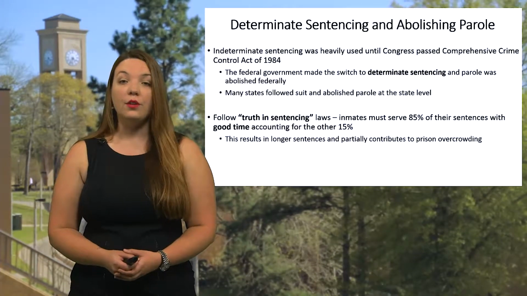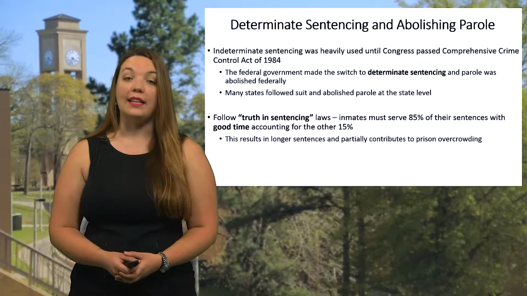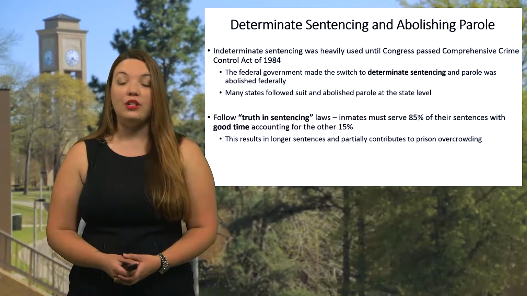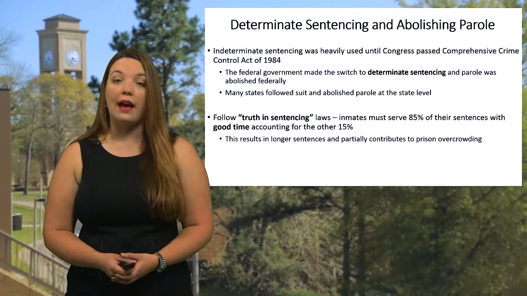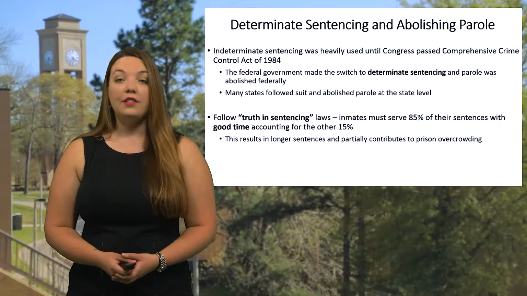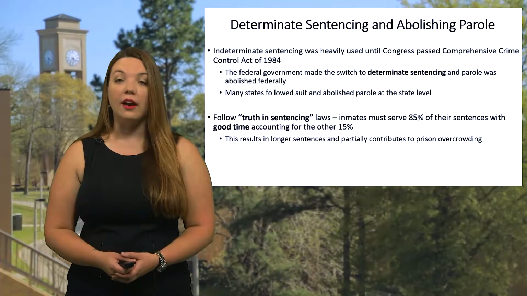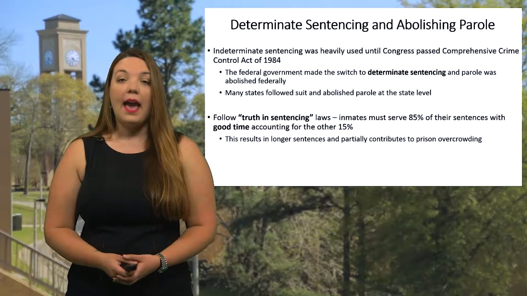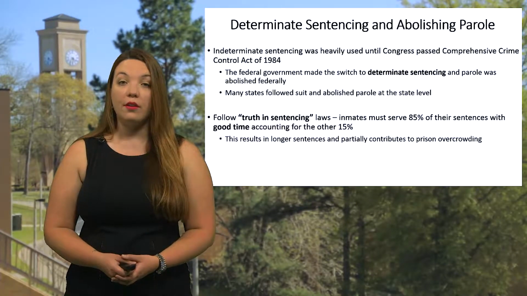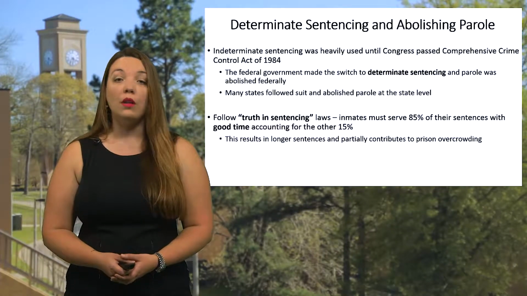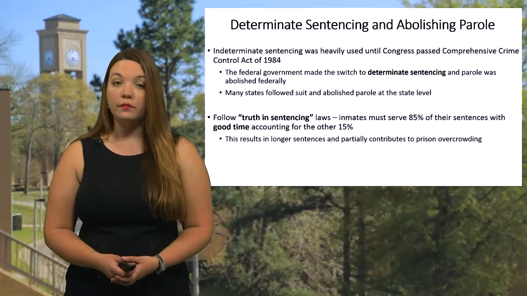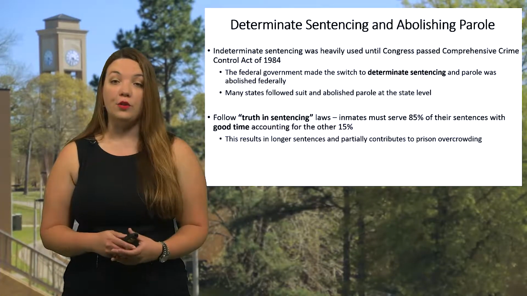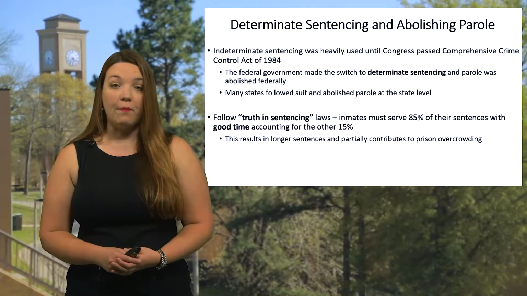So the country turned towards determinate sentencing in the early 1980s. The federal government abolished parole with the implementation of the Comprehensive Crime Control Act of 1984 and turned toward a determinate sentencing structure, and with it increased the amount of people who are currently incarcerated. Anyone who was sentenced federally after October 1st, 1984 will not be eligible for parole. Most states followed suit, even though there are some states that still use parole. Texas is one of them.